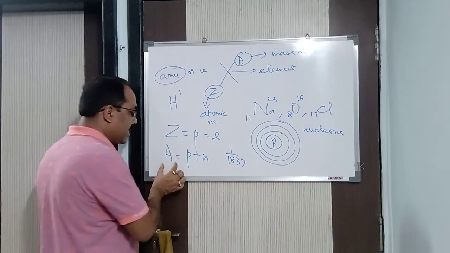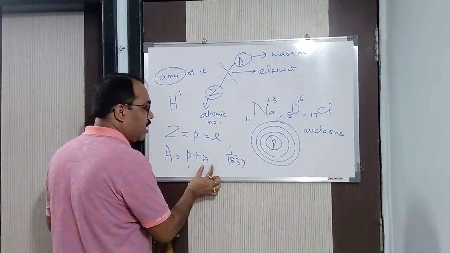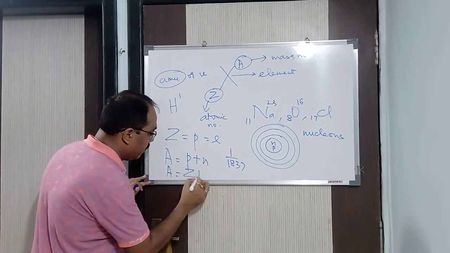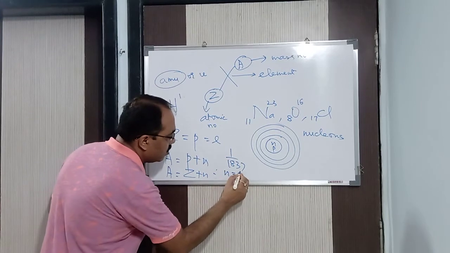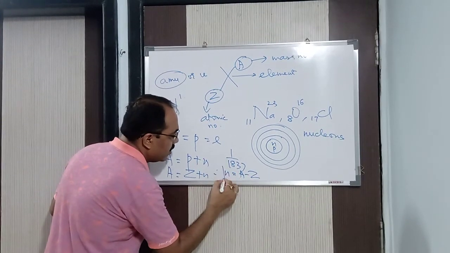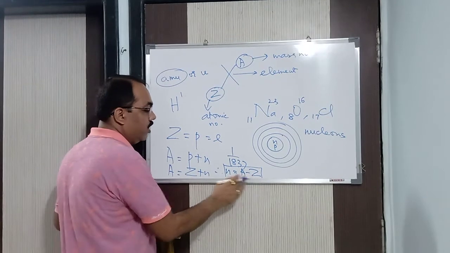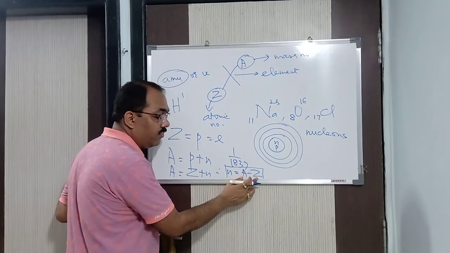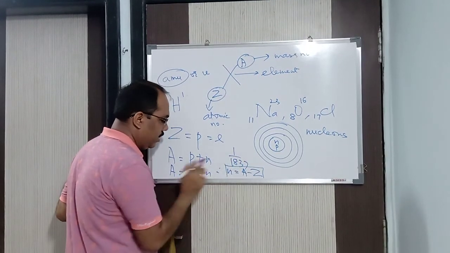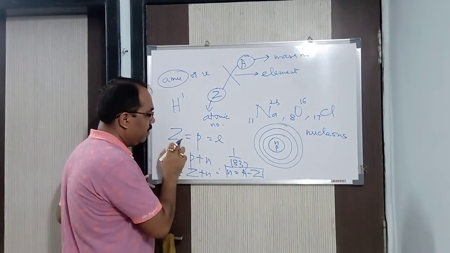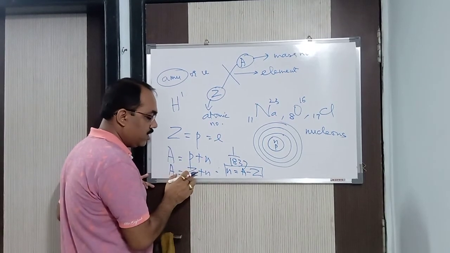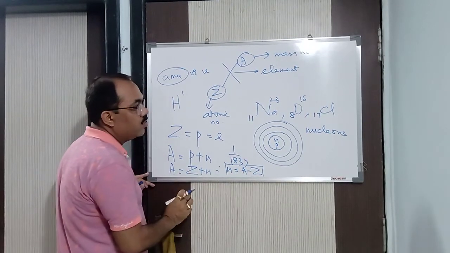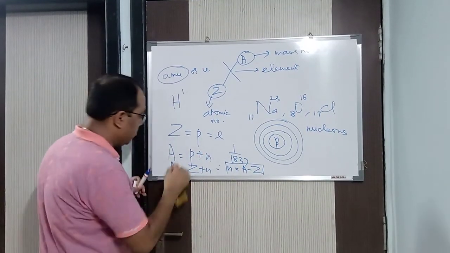Are you following? So hence atomic mass is equal to the number of protons plus the number of neutrons. Or we can say atomic mass A is equal to Z plus N, or the number of neutrons N is equal to A minus Z. A minus Z means mass number minus atomic number will give you the number of neutrons. Listen carefully, very simple. This is P plus N. P is nothing but Z. So instead of P, I can put Z. Z plus N. So N is equal to A minus Z. So mass number minus atomic number will give you the number of neutrons. For example, here you see.